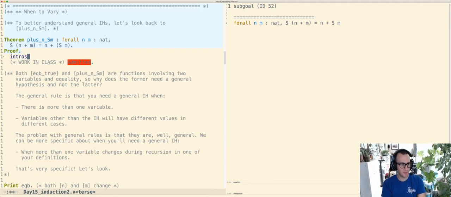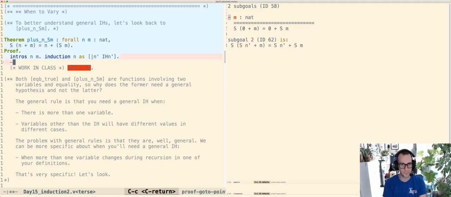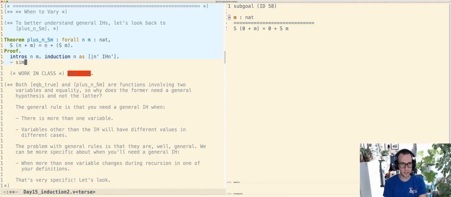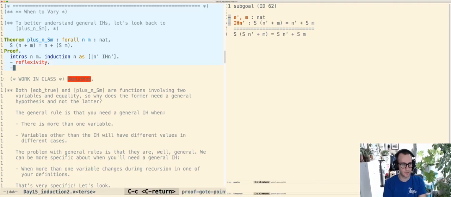So the way we probably did it back then was something like this, right? Just our sort of conventional induction. Okay, in the base case, if you just simplify, you get back the same thing, right? The zeros kind of cancel, so we can just say reflexivity. Now in this case, let's see what happens. So again, if we simplify,